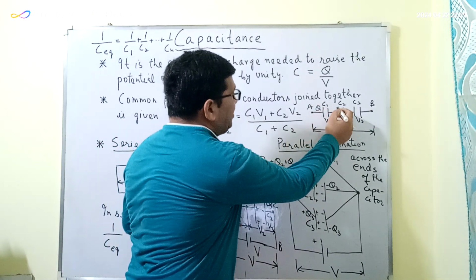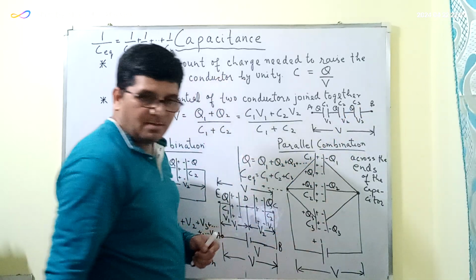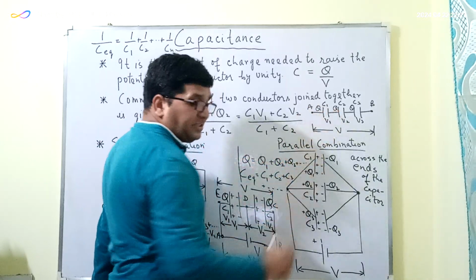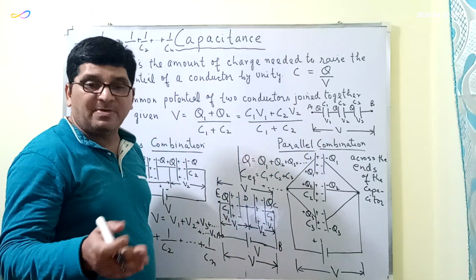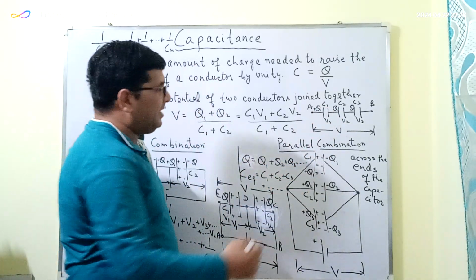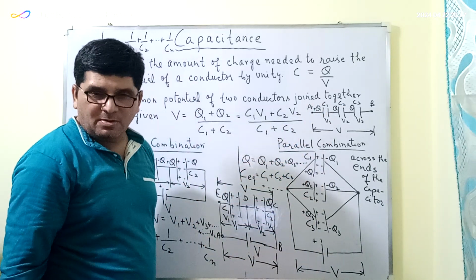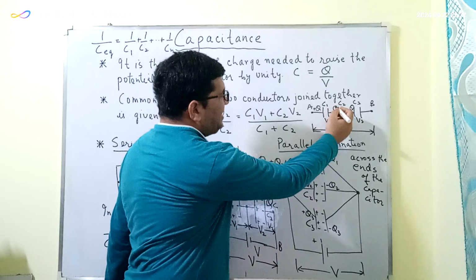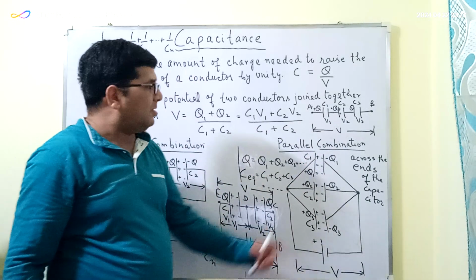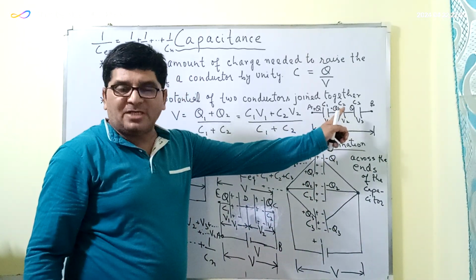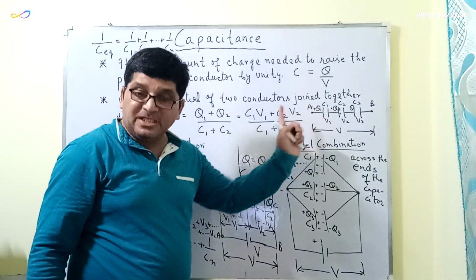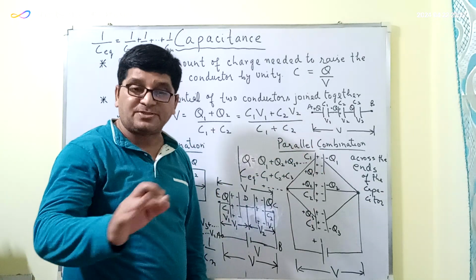अगर इसके ऊपर चार्ज Q है तो इसमें भी Q होगा, इसमें भी Q होगा. ठीक है? अगर इसके ऊपर यहाँ पे ना ये कैपेसिटर में दो प्लेट्स होती हैं, एक पे पॉजिटिव चार्ज होता है, एक पे नेगेटिव होता है. तो यहाँ पर क्या हो जाएगा? ये पॉजिटिव चार्ज पे प्लस क्यू हो जाएगा, नेगेटिव चार्ज पे क्या होगा? माइनस क्यू. इसी प्रकार से जो सेकंड कैपेसिटर है उसके भी पॉजिटिव, ये जो प्लेट है आपकी पॉजिटिवली चार्ज है, तो इसके ऊपर जो चार्ज हो गया प्लस क्यू, जो आपकी नेगेटिवली चार्ज प्लेट है उस पर चार्ज हो जाएगा माइनस क्यू. ठीक है? तो चार्ज जो सीरीज में हर कैपेसिटर के ऊपर चार्ज सेम रहता है.